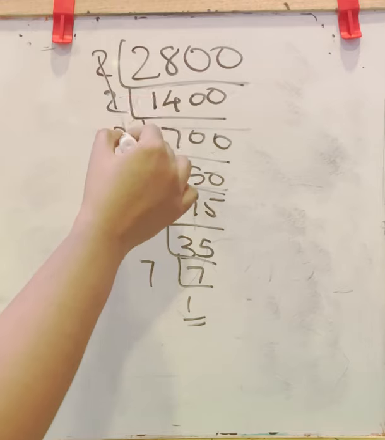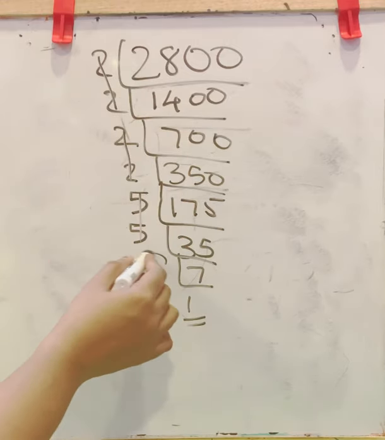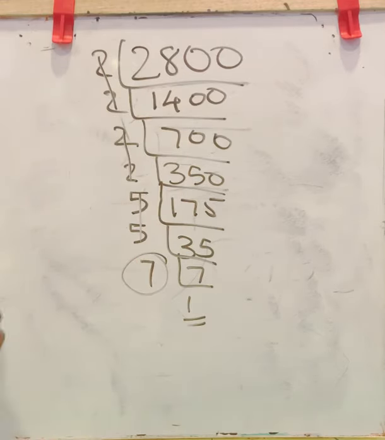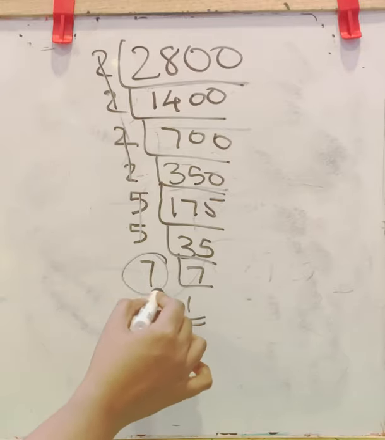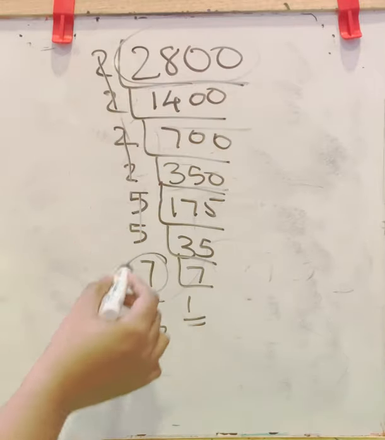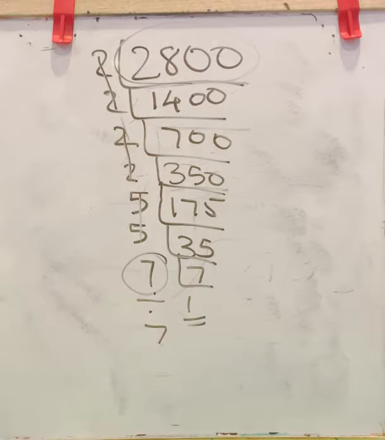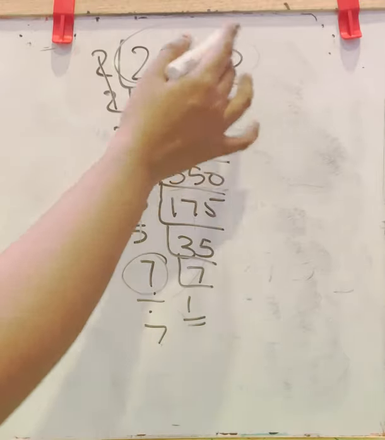Now this has a pair, this has a pair, this has a pair. 7 doesn't have a pair. So which number should be divided? 7 should be divided from the given question, so that you will get a perfect square number. The 7 gets cancelled if you divide it with 7.